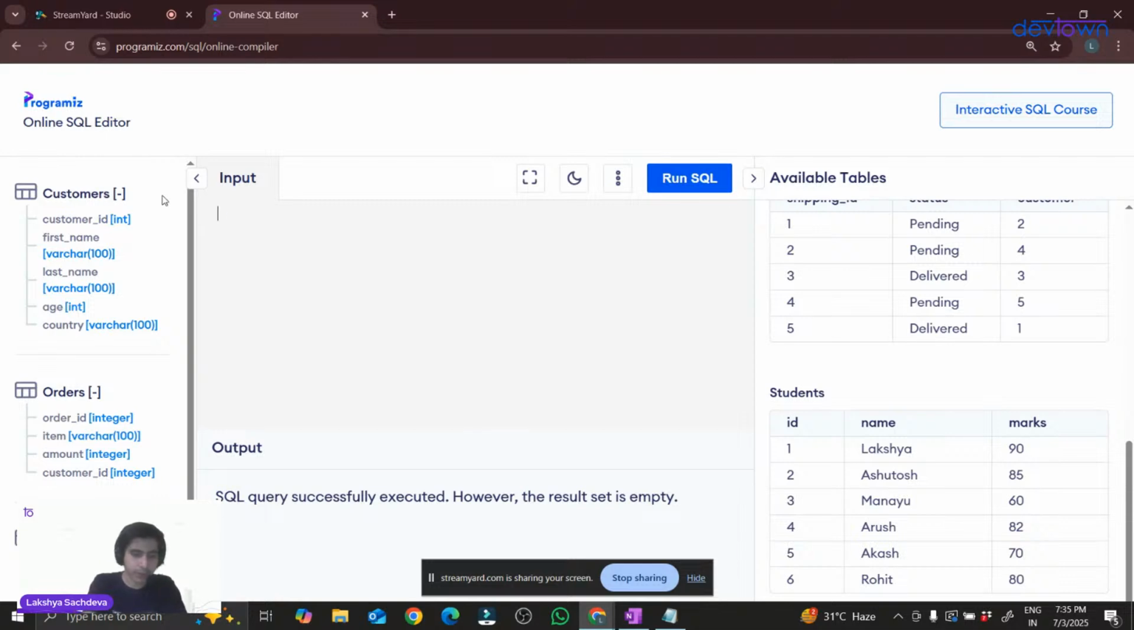So I am going to start with, let's say, I want to fetch the data of all the students whose marks are greater than 80. So what I am going to do, with top scorers as